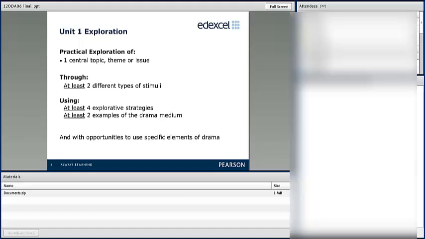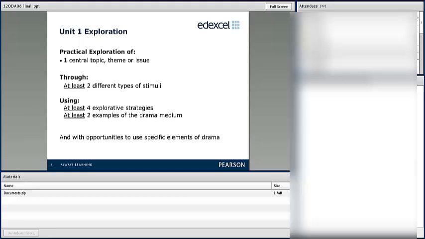And there will be opportunities to use the specific elements of drama as well. So from that central point, you're going to be striking out in different directions. It's very much a unit where students generate ideas, they generate imagination and creativity,